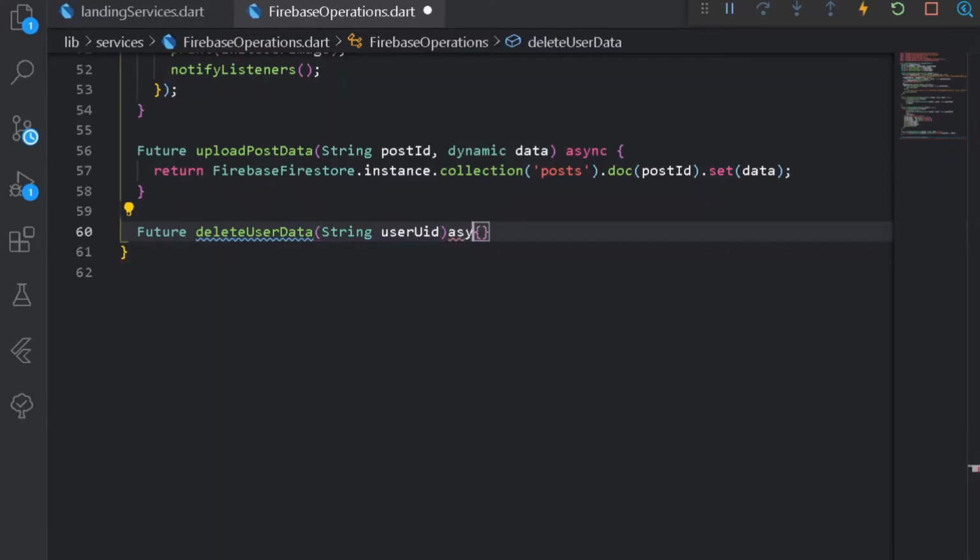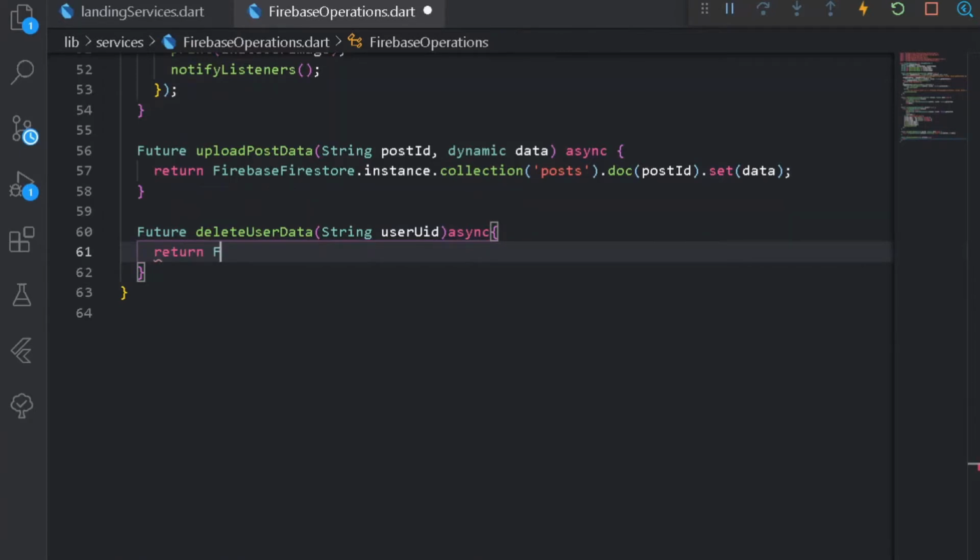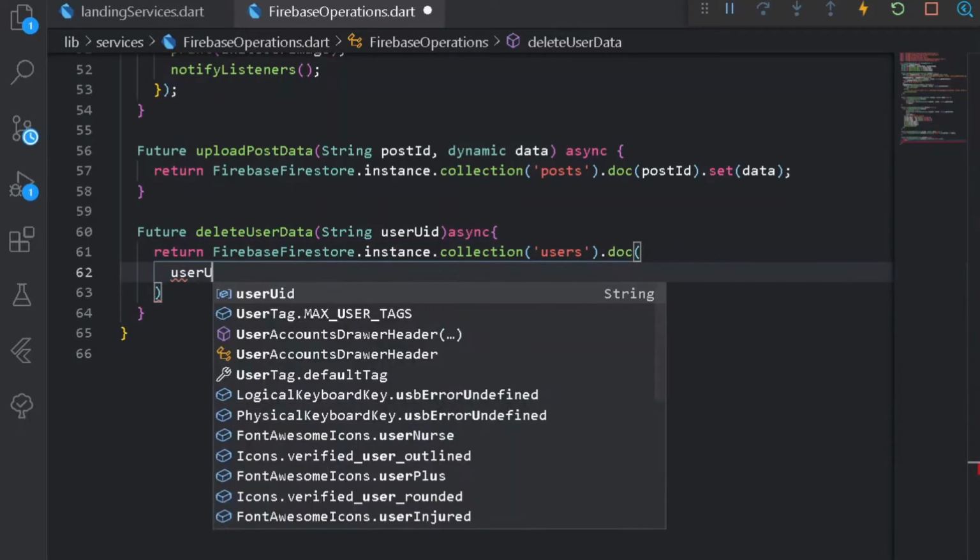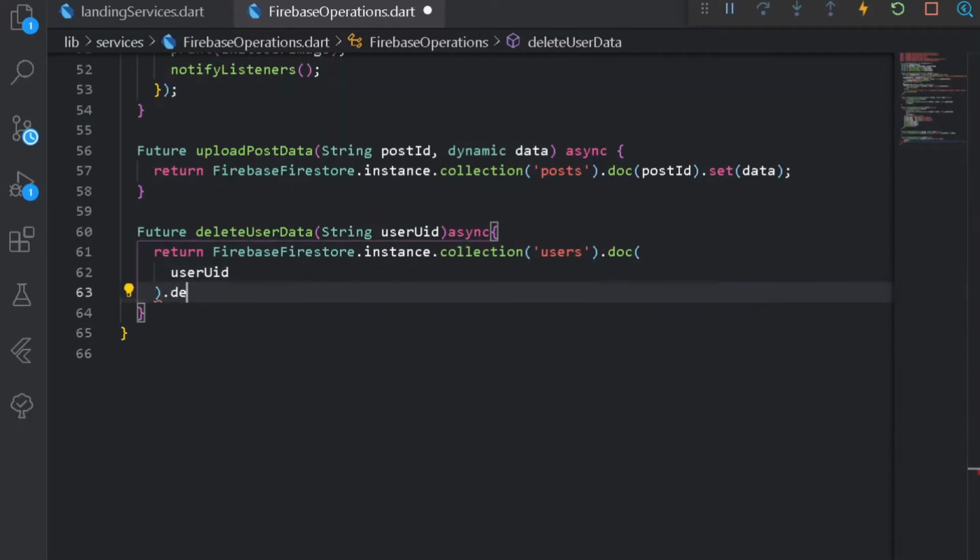Cool, so now under this method, let's make it asynchronous. So under this method, I can simply return FirebaseFirestore.instance.collection, the collection of users, and from this I will be taking doc of my user UID, which will be unique, and after it I will be simply deleting the following data.